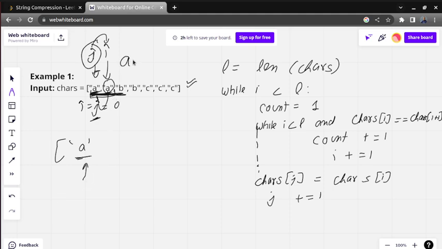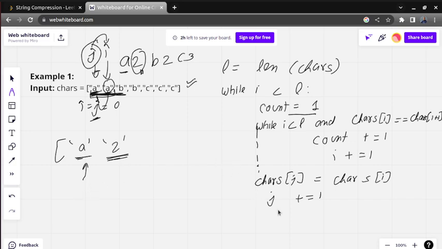Because it was like this, A to B to C3. So here initially count was 1, it will be increased by 1. So now we have added A. Now our task is to add 2 in the array, but we need to think of the condition that if it is greater than 9 or if it is greater than 99, so it should be put in the separate way.